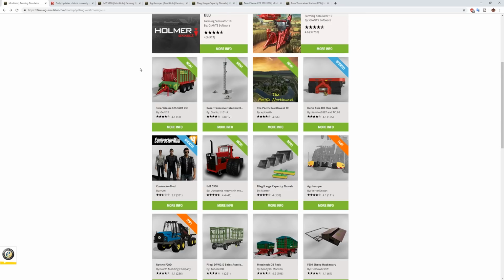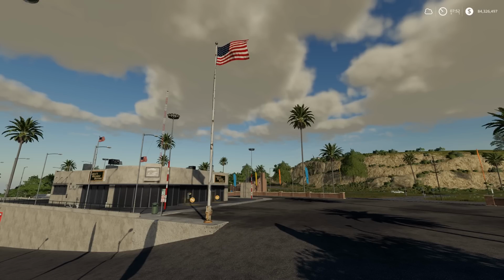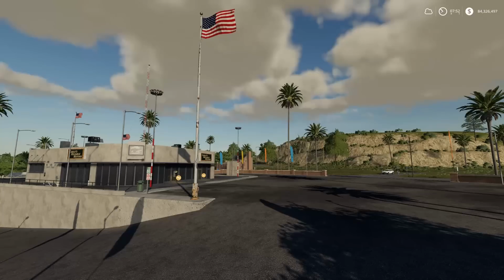So, at any rate, let's go ahead and jump in and start tackling these. Like I said, it's going to be a quick weekend roundup this week because the number of mods released this week, May 26th through May 31st, was few and far between. Giants Mod Hub. So first up, we're going to take a look at the IMT